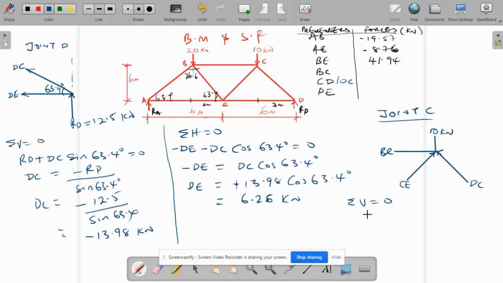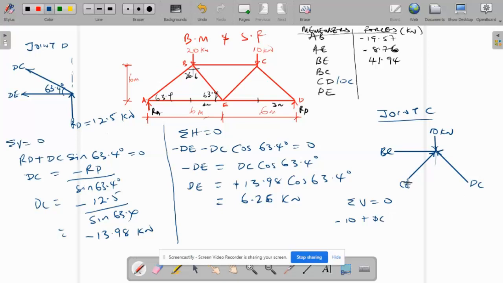Our vertical forces include this one acting downward, so it's going to be minus 10. Then we'll have to resolve this and we'll resolve this. So we're going to have DC minus 10 plus, because this one is going upward,